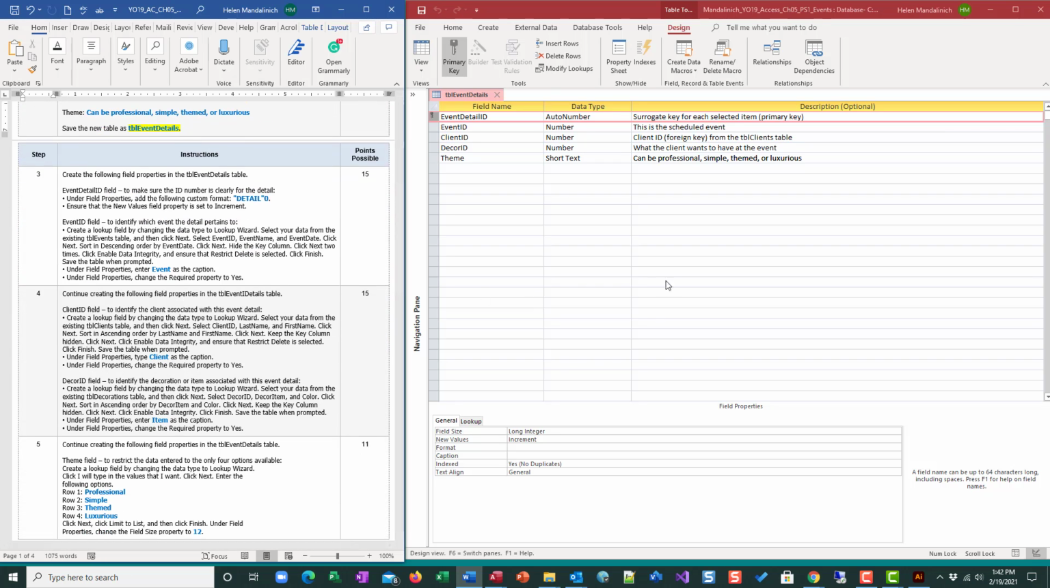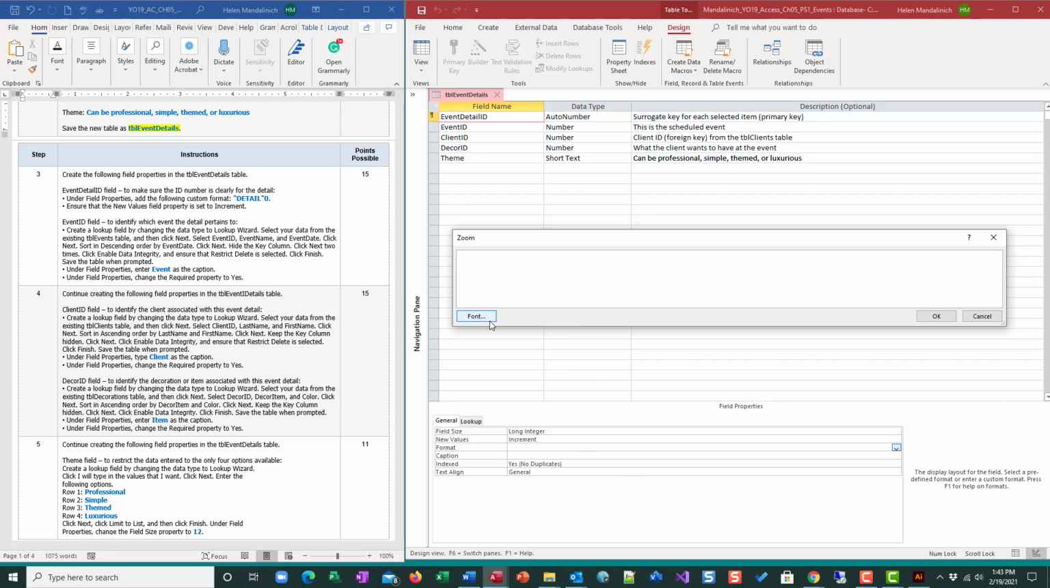Let's look at step 3. We're going to work on the field properties for the fields in this new table. So Event Detail ID field. So we're going to make sure we're here. Under the field properties, add the custom format, right? So we're going to come here. I'm going to zoom so you can see it. You don't have to zoom. You can type it right there,